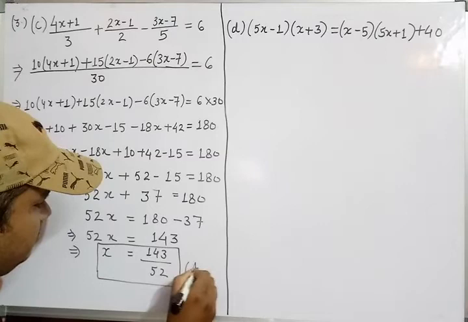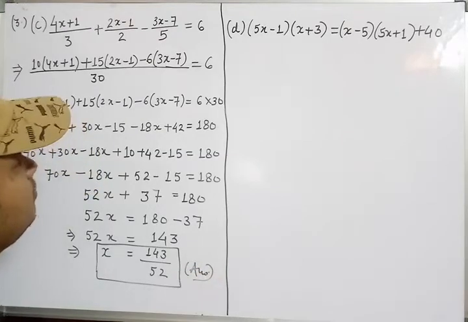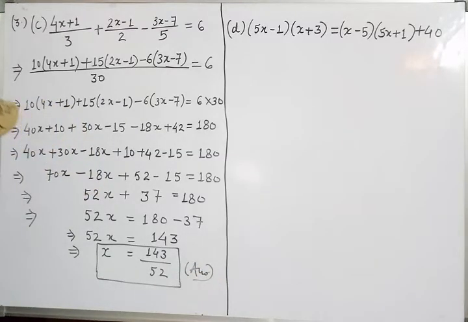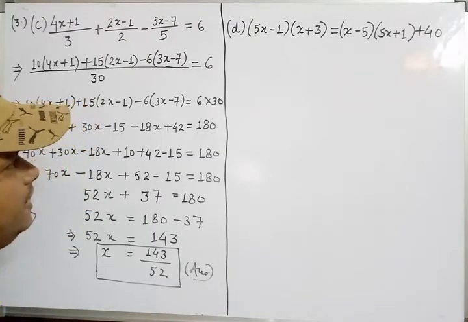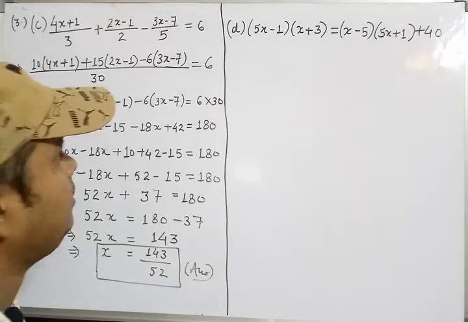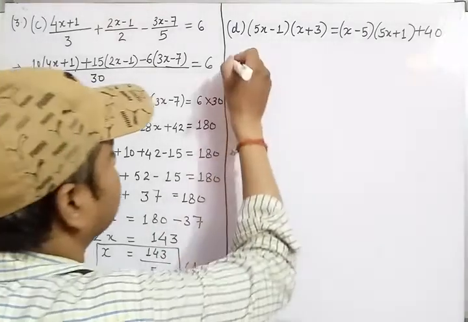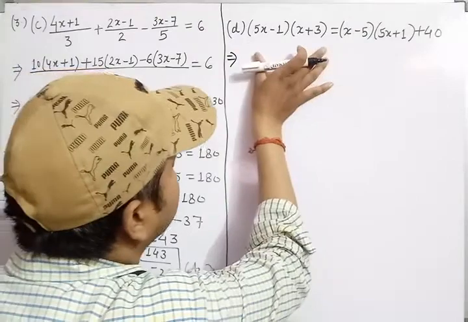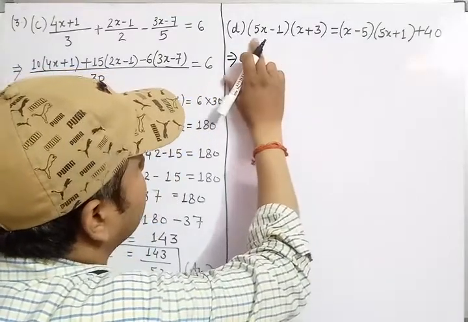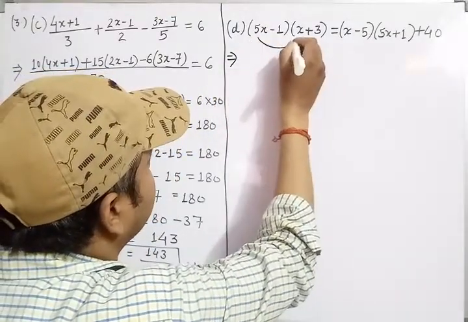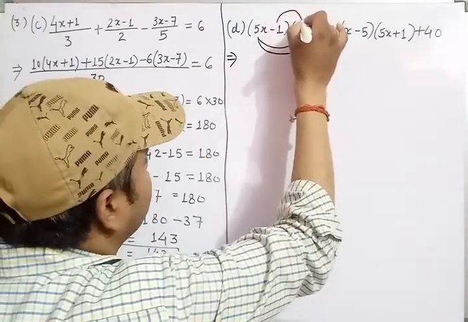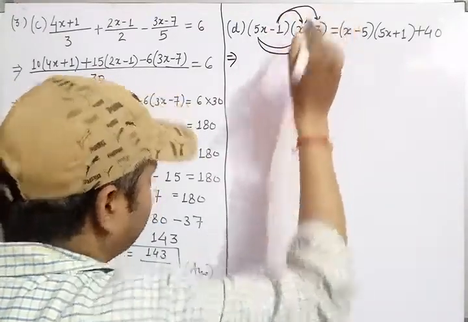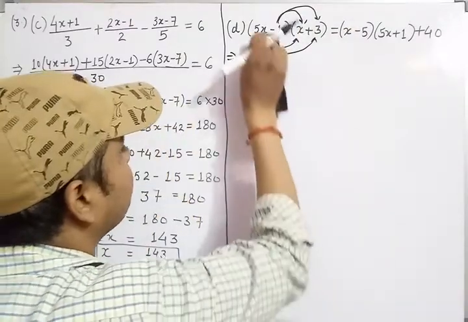Okay, now we are moving to the next question, that is D part. So again we have to solve this D part the same as A, B and C. So first of all you have to solve this LHS. So you have to multiply 5x into x and 5x into 3. Okay, then after you have to multiply 1 by x and 1 by 3. So apply this process